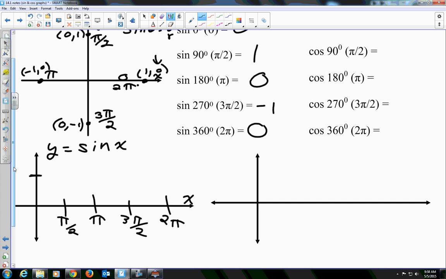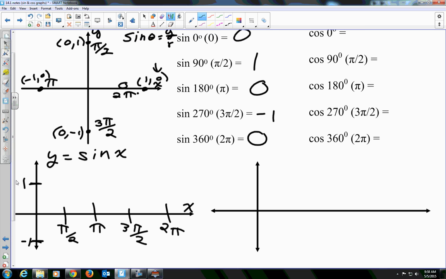So 1 is the highest I go. Negative 1 is the lowest I go. I'm going to plot those 5 points. I have the point 0, 0, pi over 2, 1, pi, 0, 3 pi over 2, negative 1, 2 pi, 0, and then I'm going to sketch